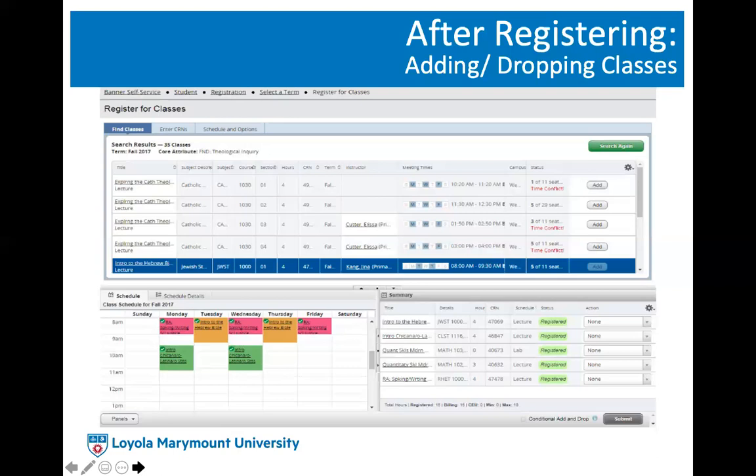And so say you got the email, you're ready to make changes, but wait, this person's in 15 units already and they need to add a 4-unit course. Well, it's not going to let you do that, because 18 units is the maximum you can register at one time. So what are you going to do? You're going to have to drop a course before you can add the waitlisted course. And we want to show you how to do that